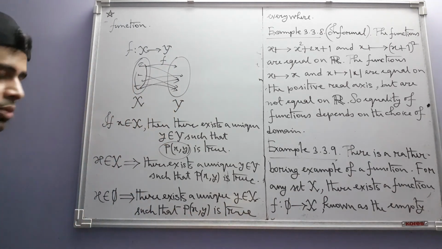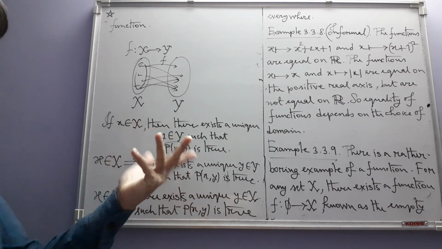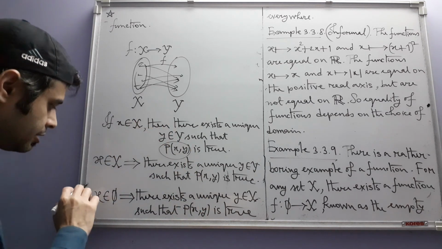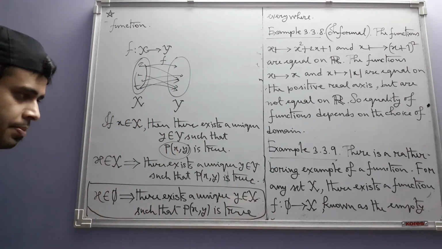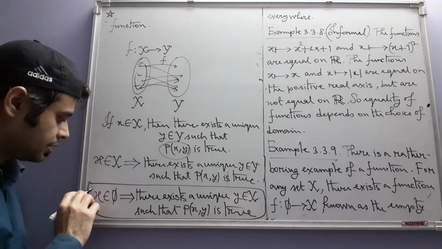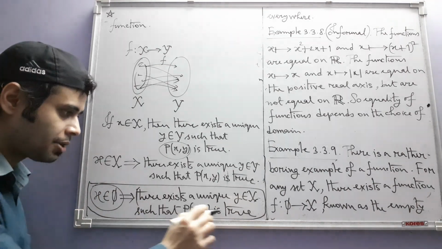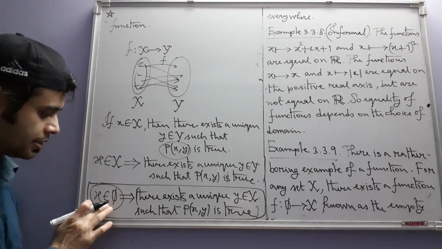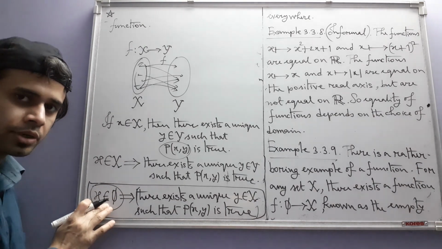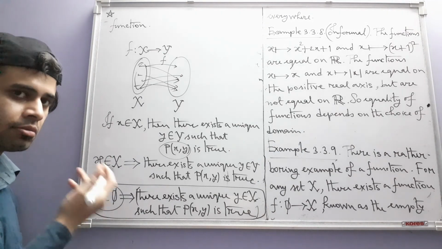But what is this P? If we don't mention what P is, then of course how am I getting the function? But you look at this implication. In this implication, this part is the hypothesis and this part is the conclusion. What about the hypothesis? Is the hypothesis true? No, it is never true. For every object x, whatsoever